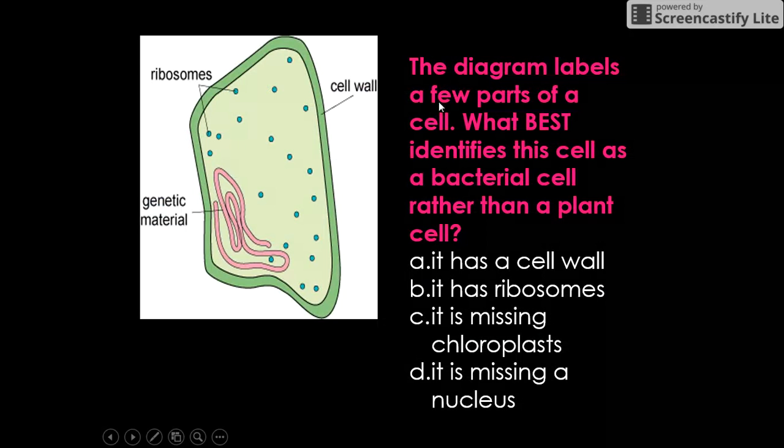Okay, so the diagram labels a few parts of a cell. What best identifies